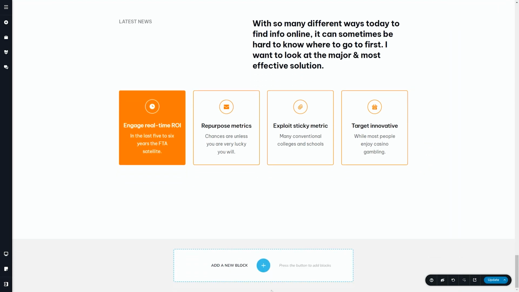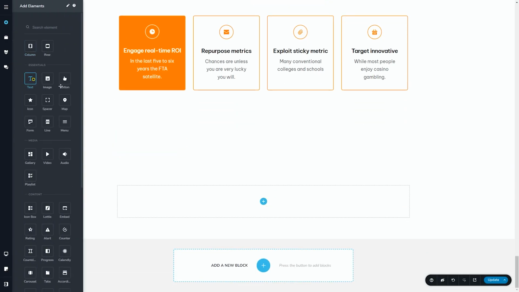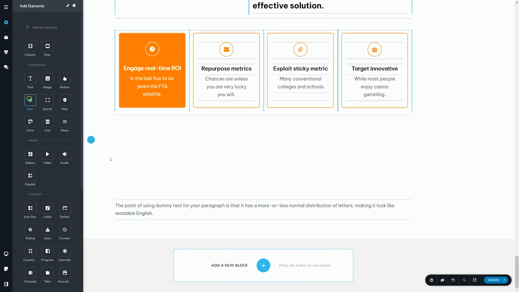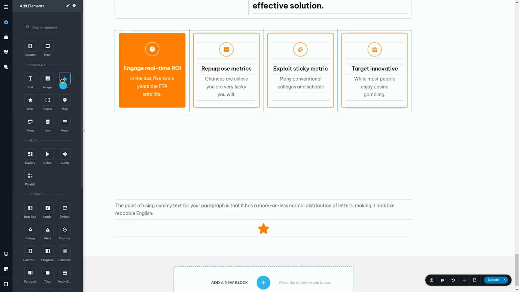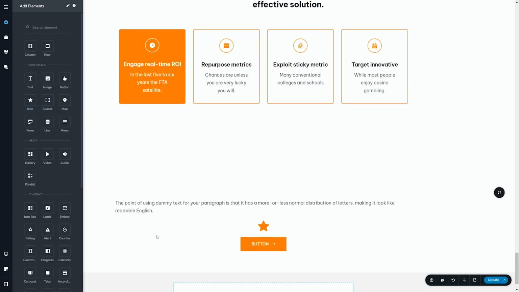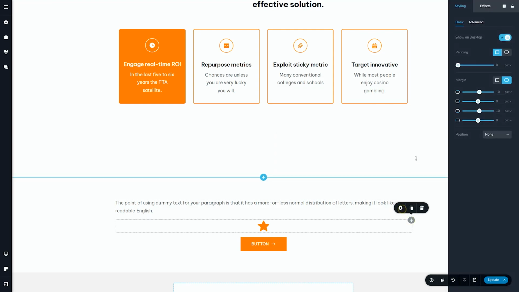A final remark is that whenever you bring in a new block and you bring in elements onto your page, the team at Brizy has thought about the fact that when you bring elements onto your page, you probably already want it to look as good as possible, and because of that, certain settings are already locked in, but you can go and change it. If I've dragged in here a text, an icon, and a button. Note that when I click on the text element and we go over to the styling, you will see that there is already a margin applied of 10 pixels at the top and 10 at the bottom. The same if I go over to the icon and select it here on the right, 10 at the top,